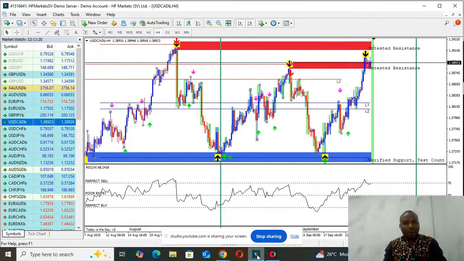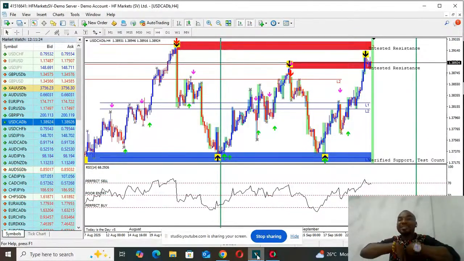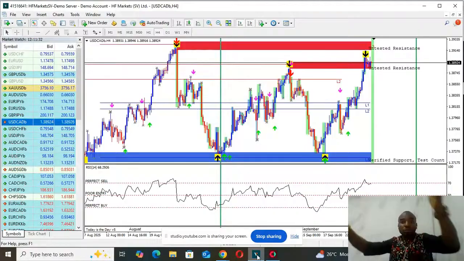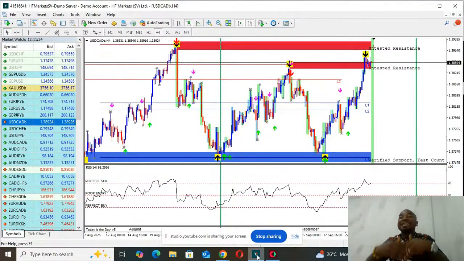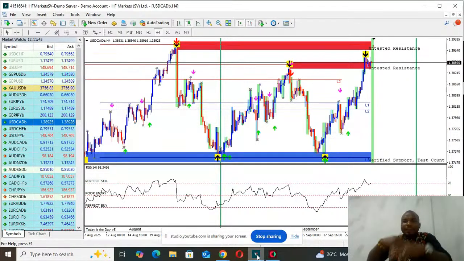But following 4 hours, you enjoy the long-term move. You have a life outside the chart. When I mean you have a life, like me, I'm a family man. I'm in my office, okay? You can go and do school run, do other things, and even get 9 to 5 job if you want to. And you are sure that this trade will deliver. You are not in an emotional instability state.